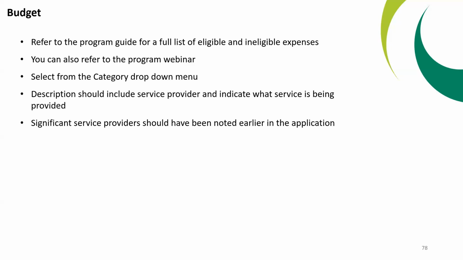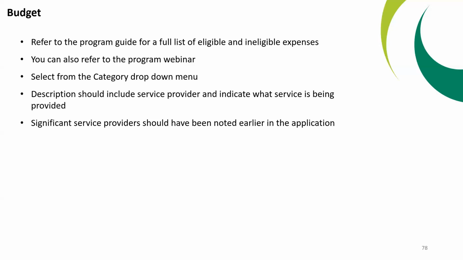When we get into the budgets here, there's categories. So you just want to choose the appropriate category and then give us a description of what is being provided. And if possible, include a service provider. Hopefully, if you're at this point, you've had some time to think about the project, to talk to vendors about what something should cost. If you say vendor ABC, we're not going to hold you to that. We really don't care. But as long as you indicate that you've hopefully done some research on this and you know what costs are for things, and then give us lots of detail